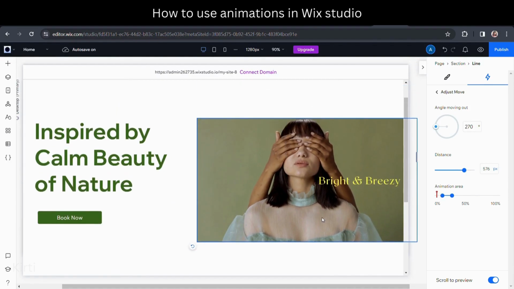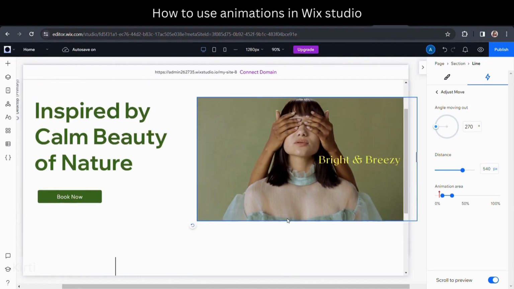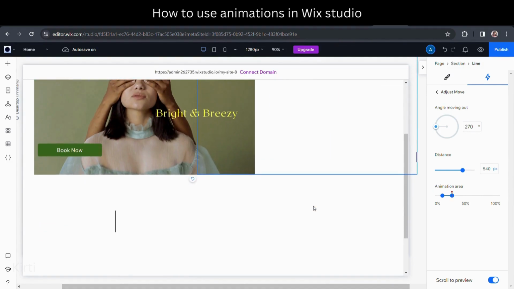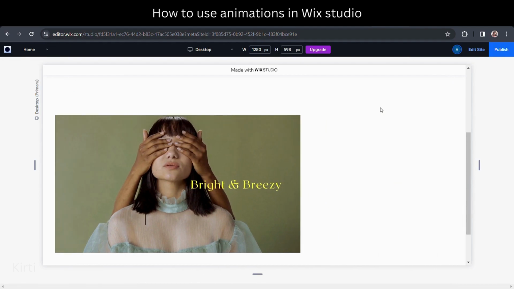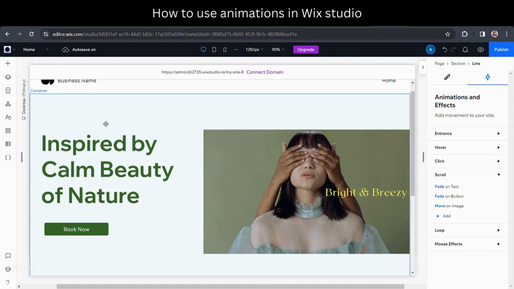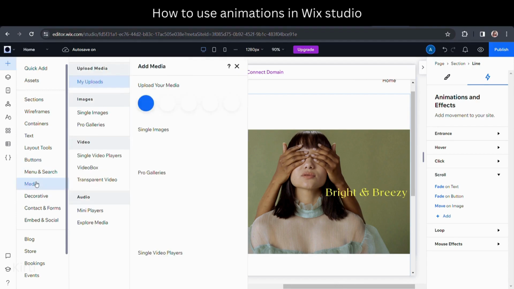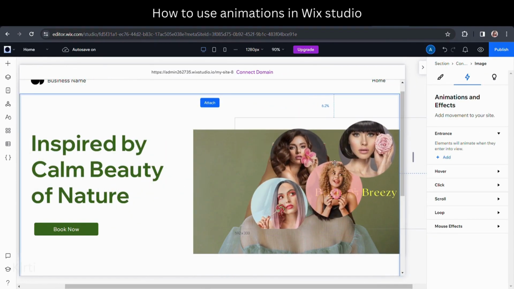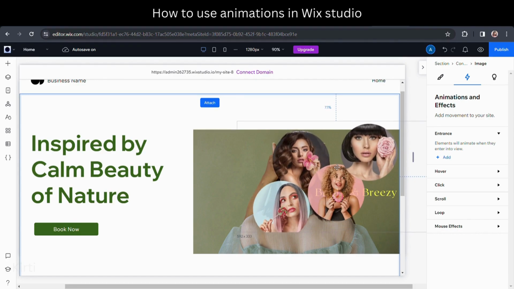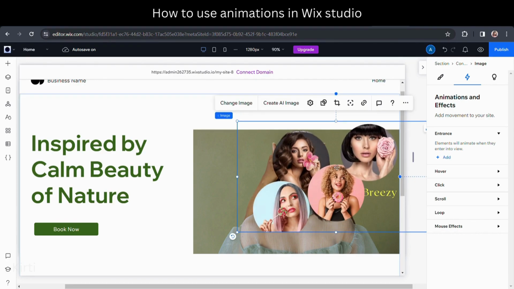Okay, we'll see. Okay, we started with 540 here. I guess it's good. See the preview. So this is how the line appears and animations will work. For slide animation, we need another image. So take it as we did earlier. Okay, adjust it.